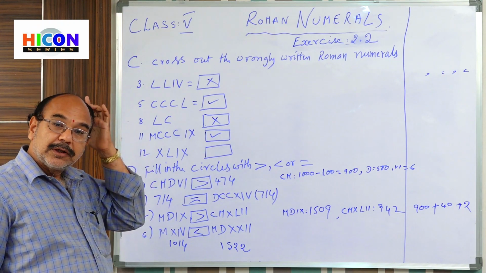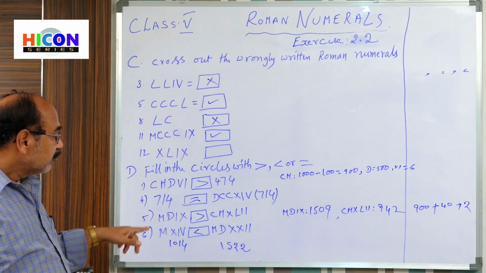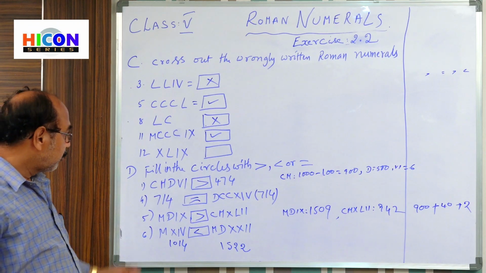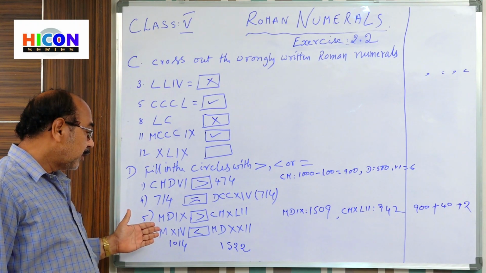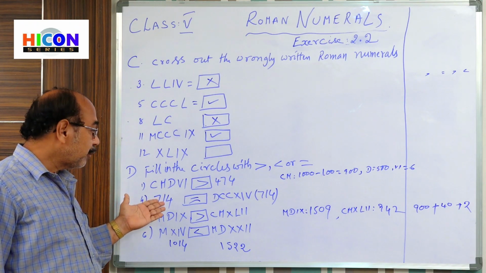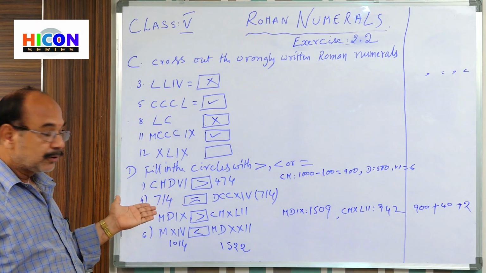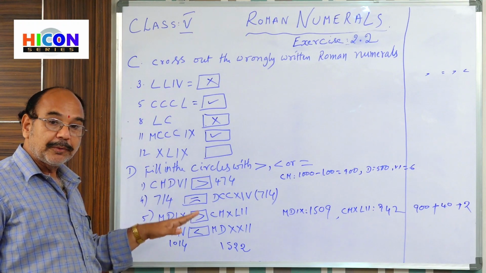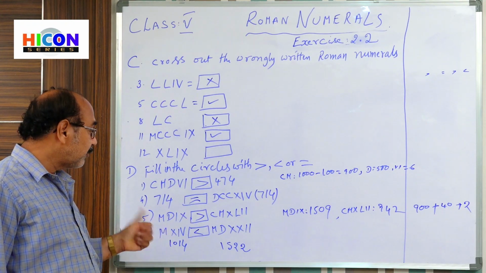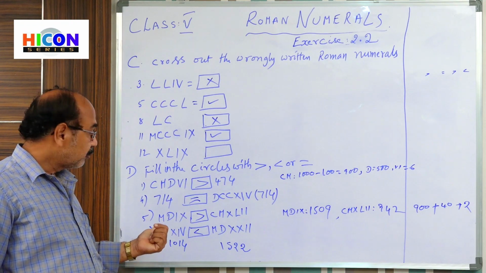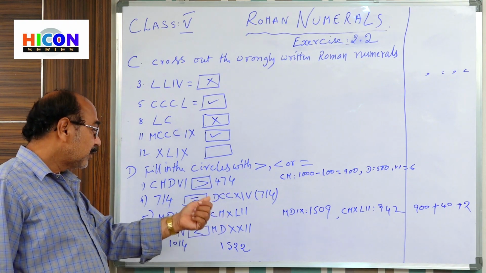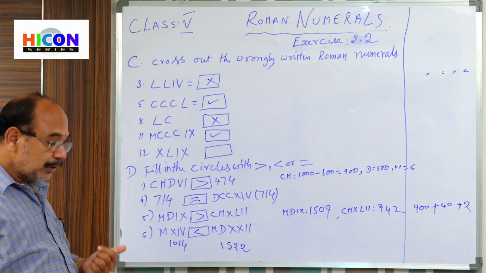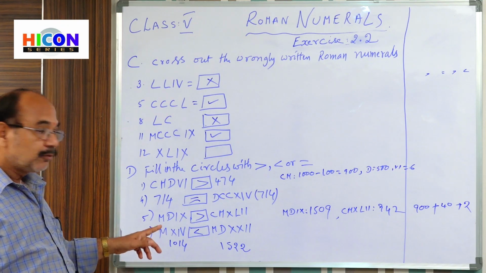Like this, we write the Indo-Arabic numbers for the given Romans. If the number is given in Indo-Arabic, we change it into Roman. If the number is given in Roman, we write it in Indo-Arabic. After writing these two, left and right side, we write the numbers first, then we come to comparison, which is greater, which is smaller. Like this, we write.